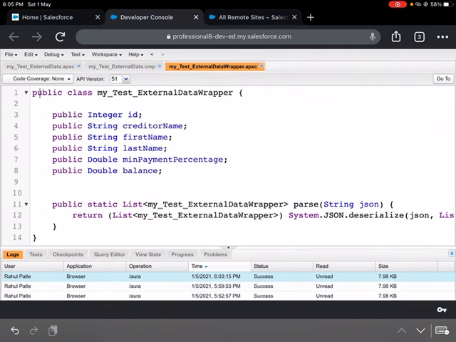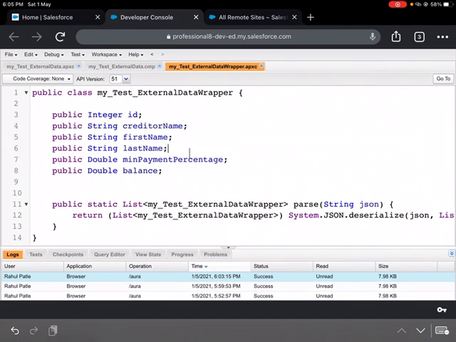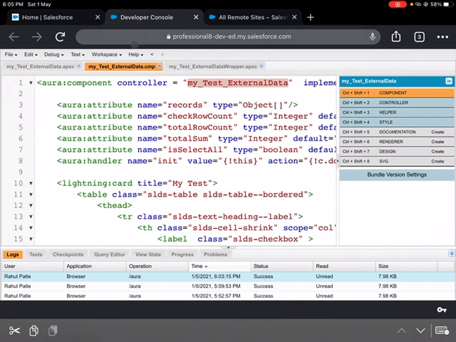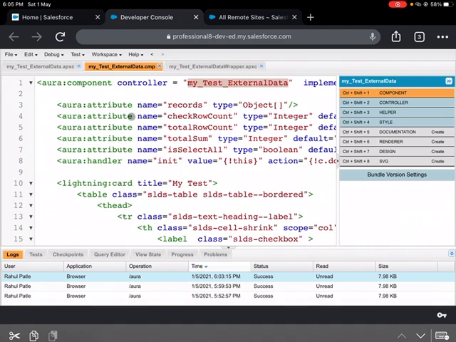I simply created this Apex class using JSON to Apex. I copied that JSON and created this Apex class. Here I'm just passing the JSON string, and once it is passed, I'm returning that serialized JSON to my component.